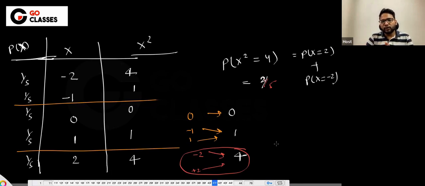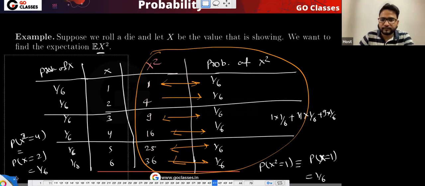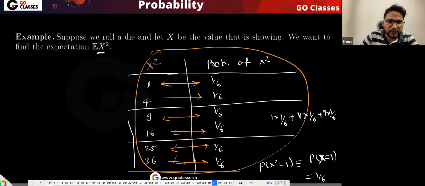But here is a good news. Good news is that you do not always need to find the PMF. Let me tell you what is that good news. See, suppose that's what they are interested in, and then let me just calculate the expectation of x square. So expectation of x square is basically, let me write it here, it is 1 into 1 by 6